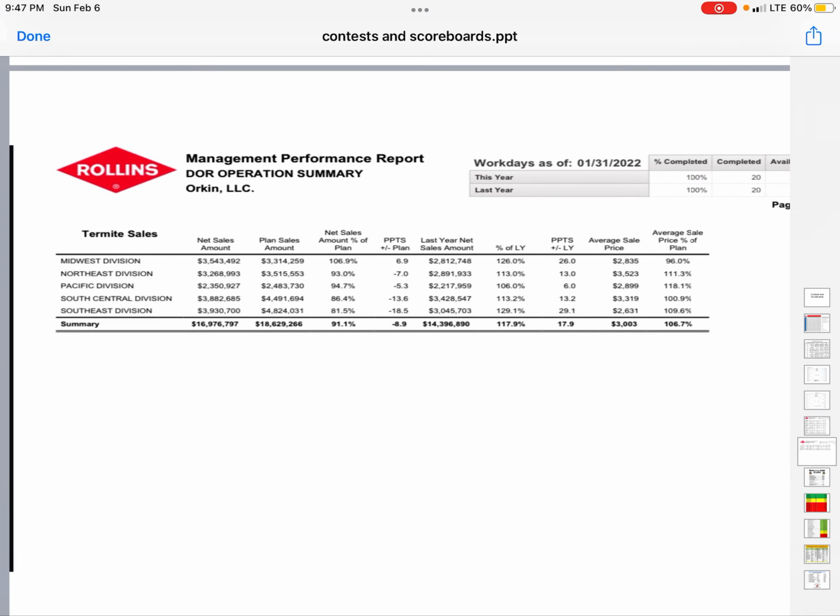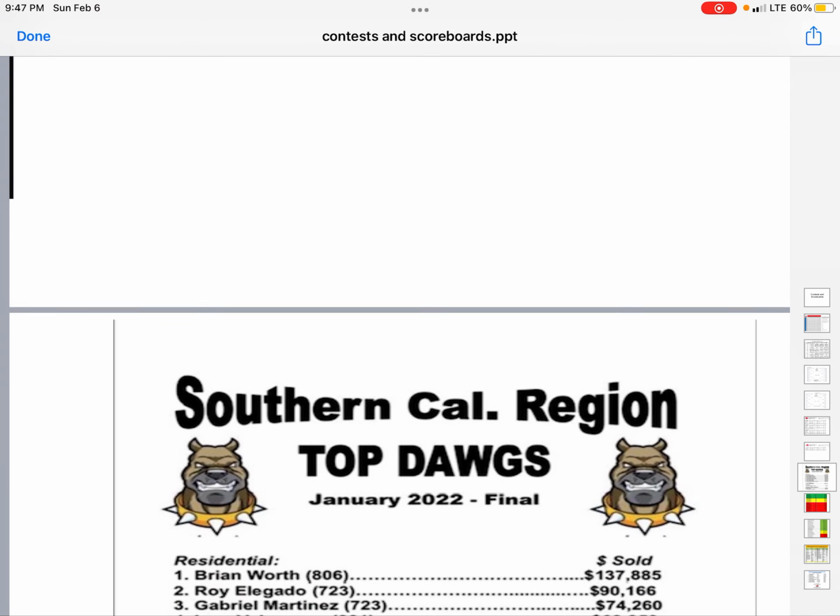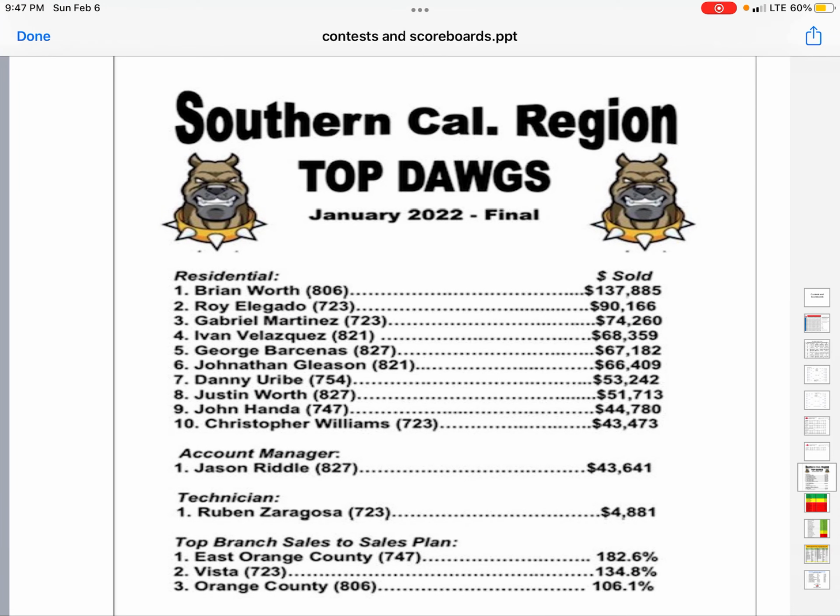There's obviously the termite results for January. If you look at that, we were 117.9% of last year, but 91% to plan. So I don't know what's going on with those ADVPs or those division presidents giving us a 30% budgeted increase, but it is what it is, and we're going to catch it up, and we'll get after it certainly in February. But when I'm talking about scoreboards, here's an example of one that the SoCal region,